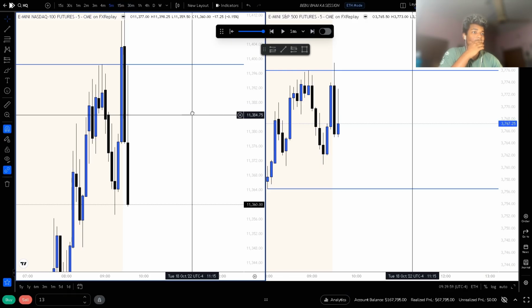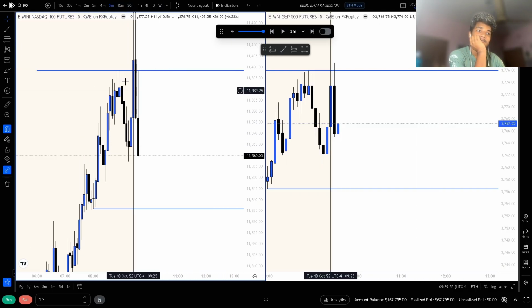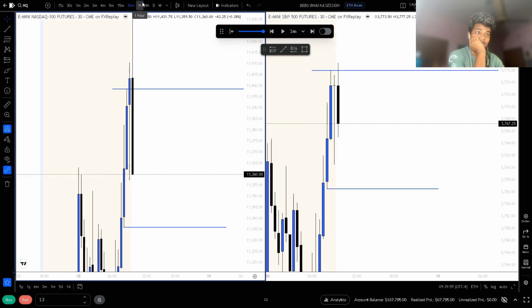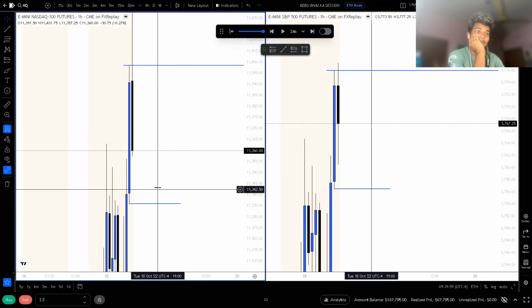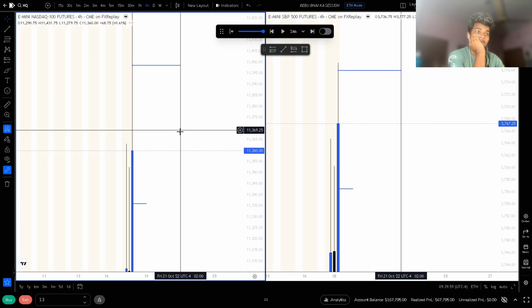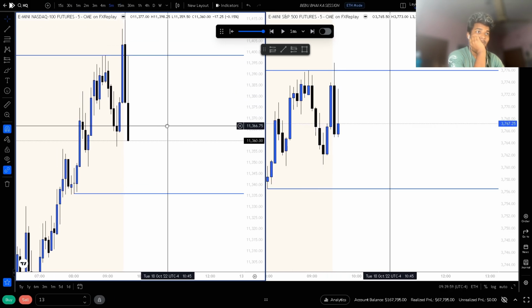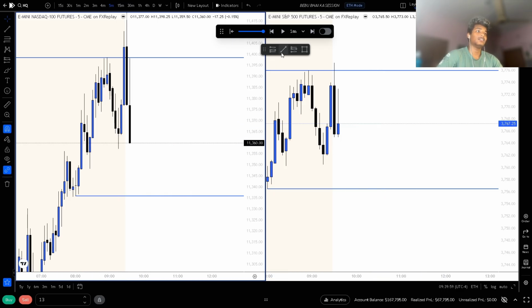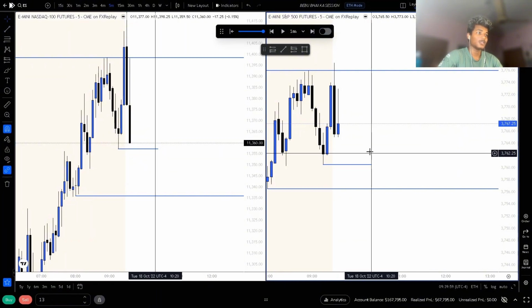Is this a nice setup actually? I do think it's a nice setup, but see the 15 minute, we have nothing stopping us from going lower. We still have this 30-minute ITL, 1 hour unmitigated gap, 4 hour also bearish. But the only thing lacking here is that this break-even point is very close. No, not actually very close. I'm gonna take this anyways.